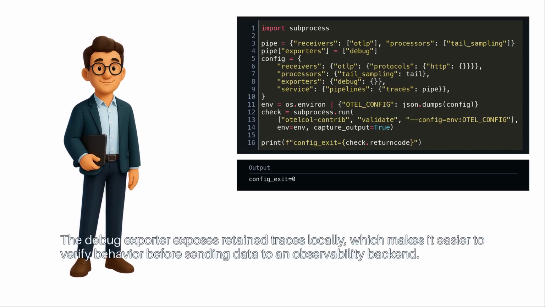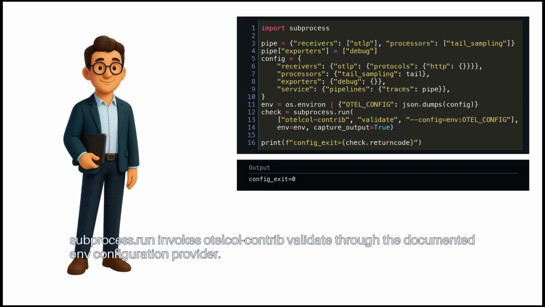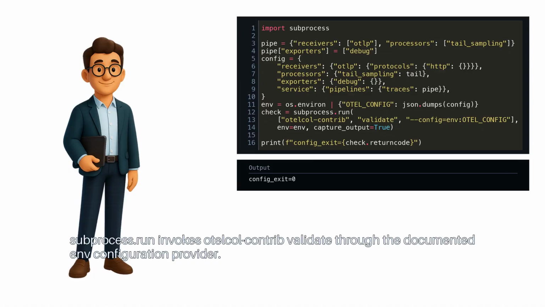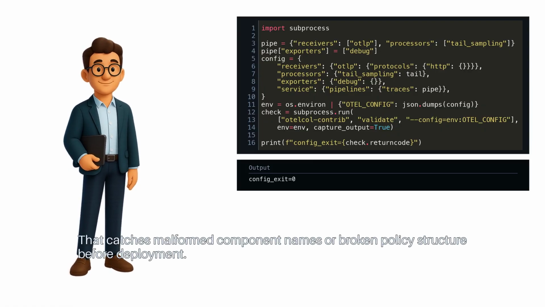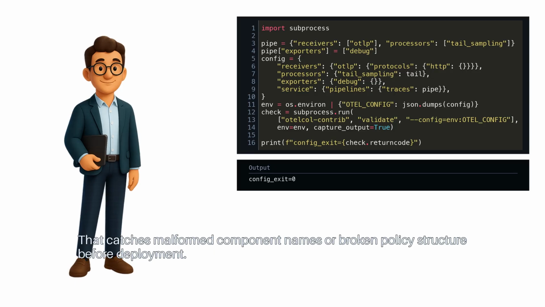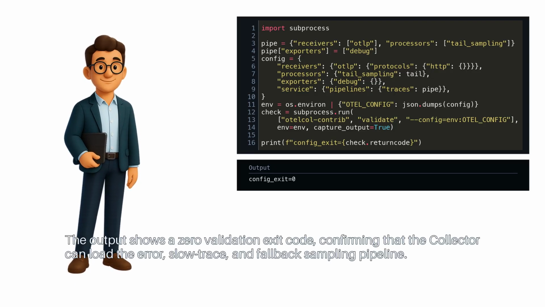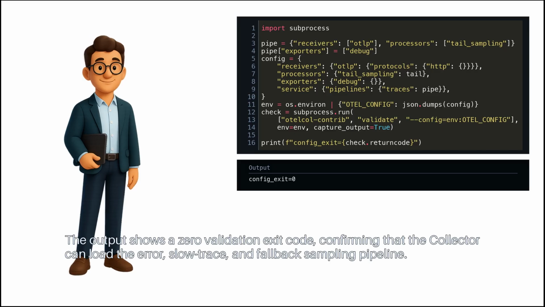The debug exporter exposes retained traces locally, which makes it easier to verify behavior before sending data to an observability backend. subprocess.run invokes otelcol-contrib validate through the documented env configuration provider. That catches malformed component names or broken policy structure before deployment. The output shows a 0 validation exit code, confirming that the collector can load the error, slow trace, and fallback